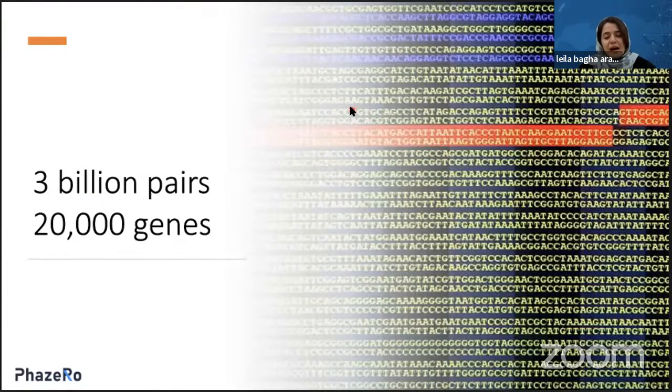The genome is made of about 3 billion pairs of these letters, and humans have about 20,000 genes. Genes are important because they contain the instructions cells need to make proteins, and proteins do most of the work in your body, building and maintaining things like your muscles and organs such as your heart. In some cases, a change in a gene could lead to a change in the protein, and this could affect your body, for example, how well your heart functions.